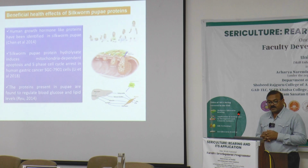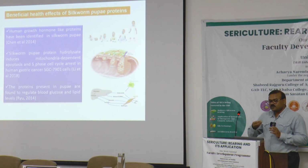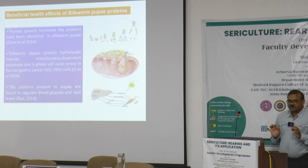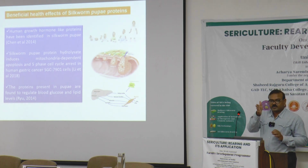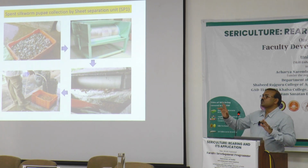And silkworm pupa hydrolysates induce mitochondrial dependent apoptosis and S-phase cycle arrest in human gastric cancer. So whenever we consume it, it is good in preventing and reducing cancer. The proteins present in pupa are also found to regulate blood glucose and lipid levels. These are literature based. Okay, if you come to the practicality, after silkworm reeling, usually people adopt two kinds of